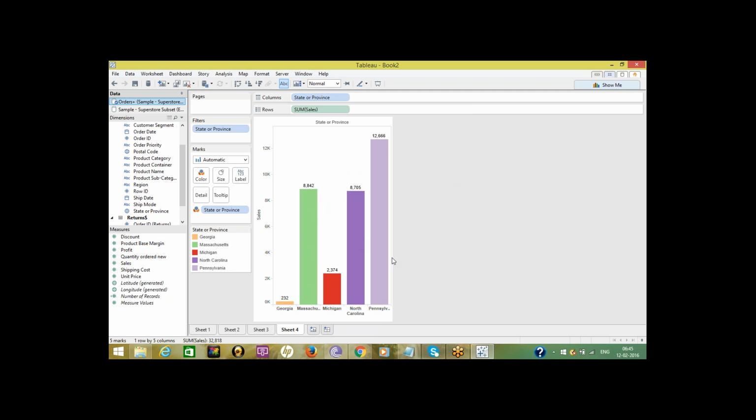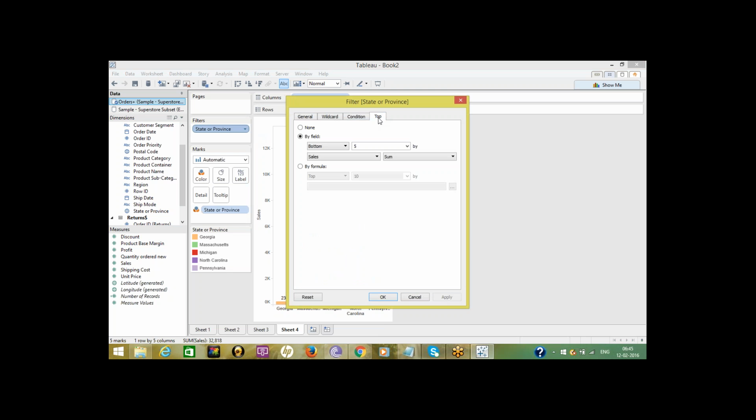Karthik, that formula also, can you just show me?